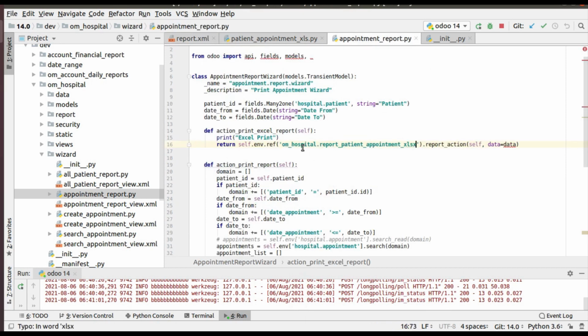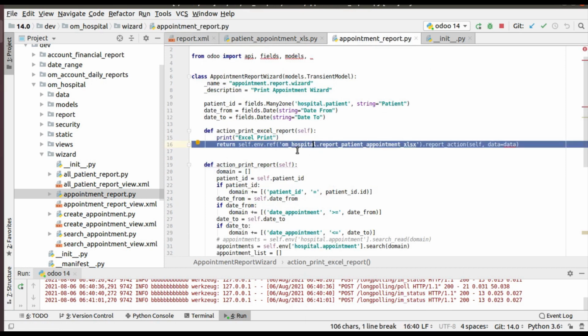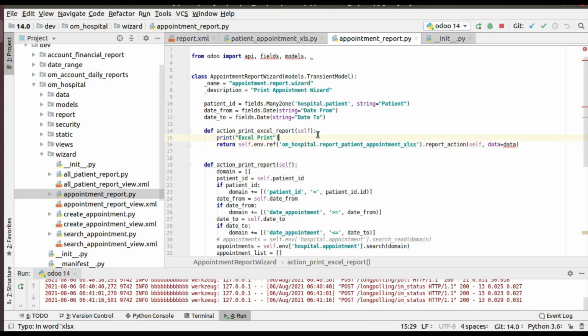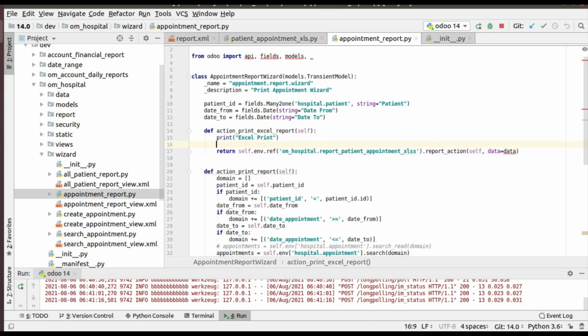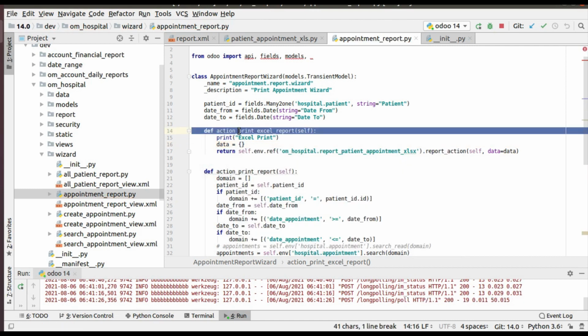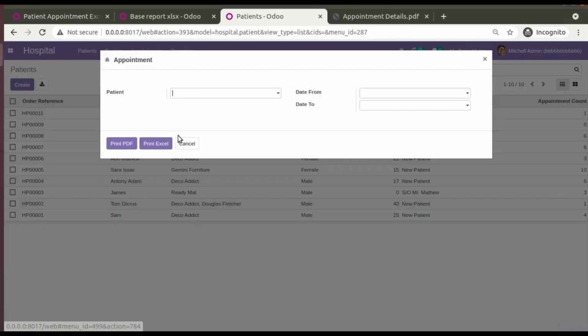The syntax is module name dot report action name. I have done that, report action, and you have to pass some data. I'll simply pass data as an empty dictionary.